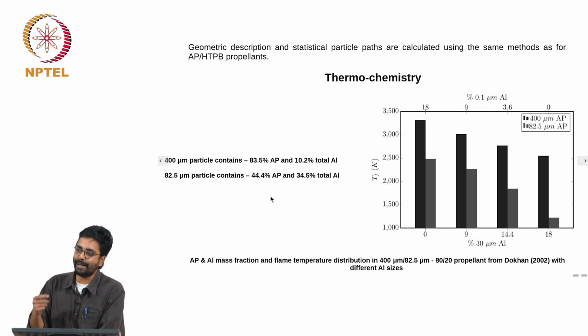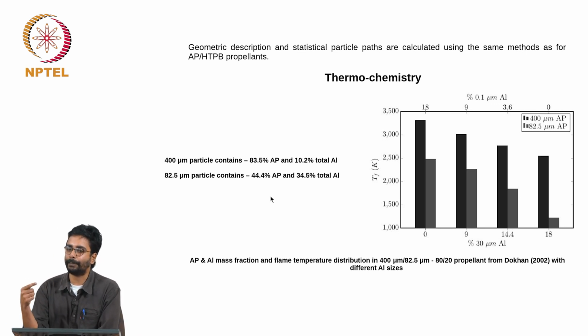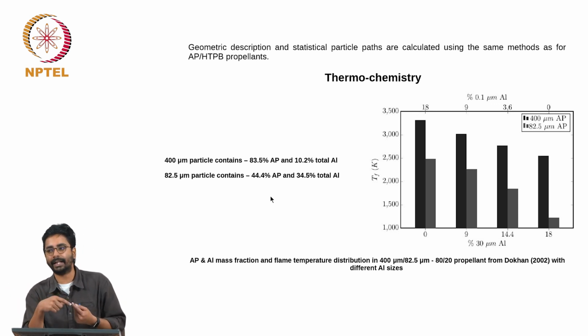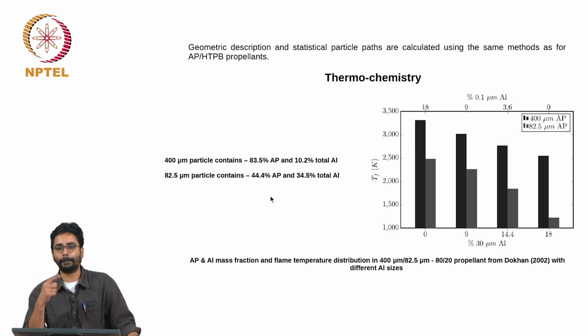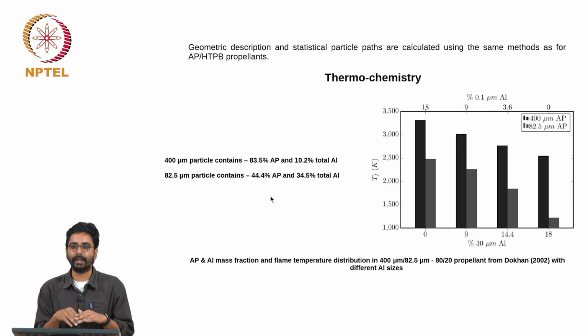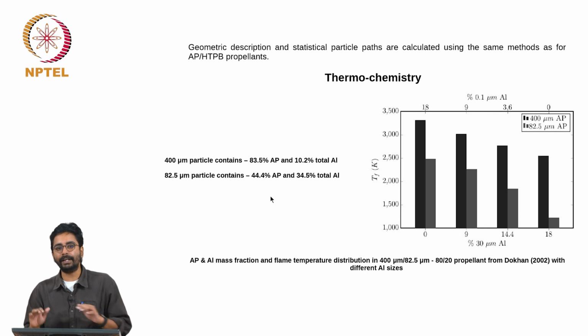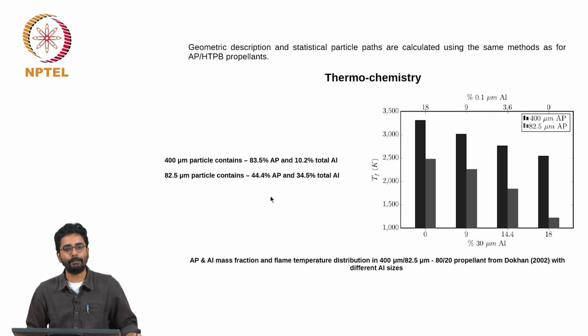The same thing can happen for inhibitors and catalysts also, because the inhibitors and catalysts are also added to the binder, and therefore the amount of catalyst in proportion to the amount of AP present will be much smaller for coarse particles compared to fine particles. And this is the reason why when you use the same catalyst, but when you change the coarse AP to fine AP ratio in a propellant, the relative increase in burn rate, or the incremental increase in burn rate, can be different.